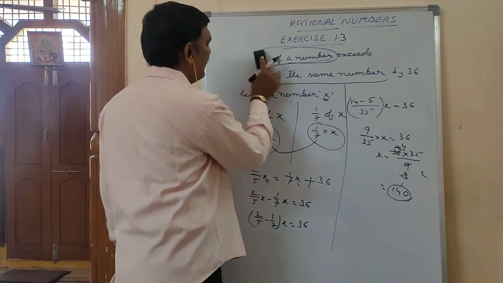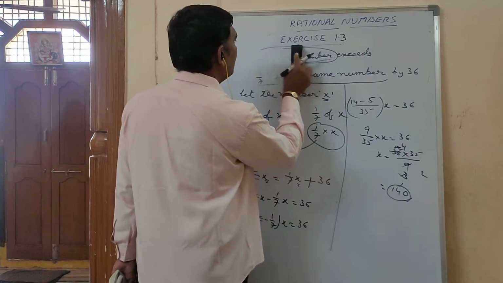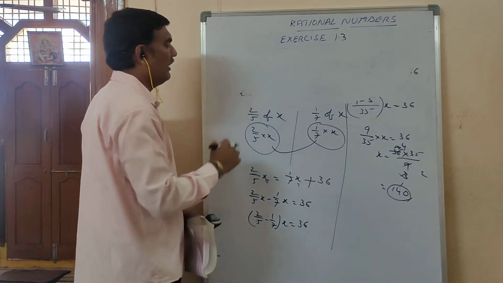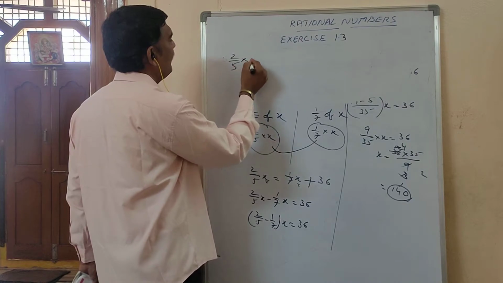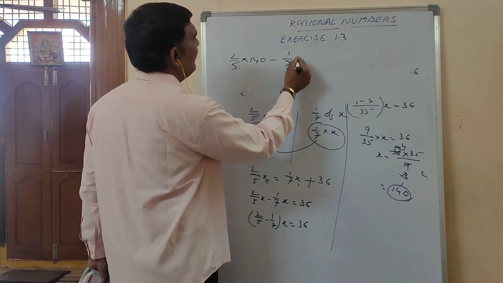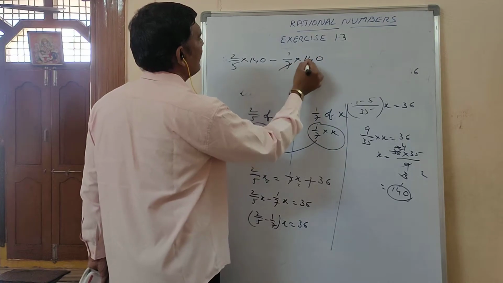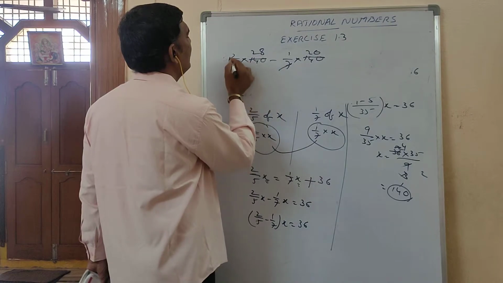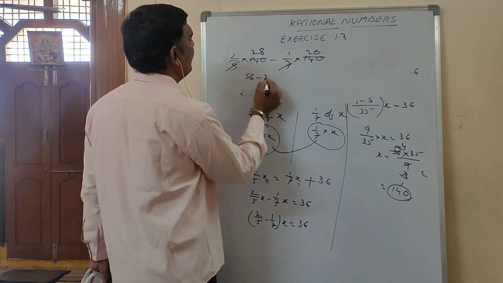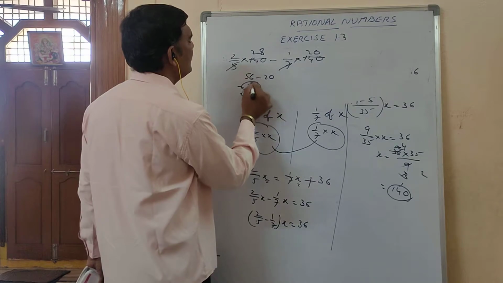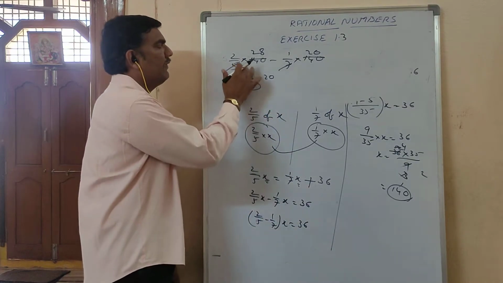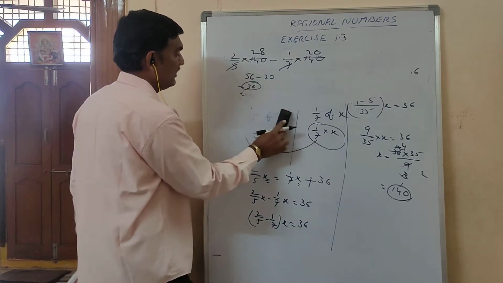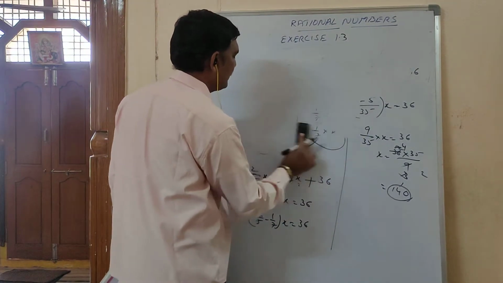2 by 5 of a number. The problem completes up to here only. So checking is for your sake. 2 by 5 of a number means 2 by 5 of 140. 1 by 7 of a number means 1 by 7 of 140. 7 ones are 7, 7 20s are 140. 5 twos are 10, 5 8s are 40, so 28 twos are 56. Minus 20. How much did you get as answer? 36. So the difference of these two is also 36, sir. So our answer is correct. Next we will go for the next problem.